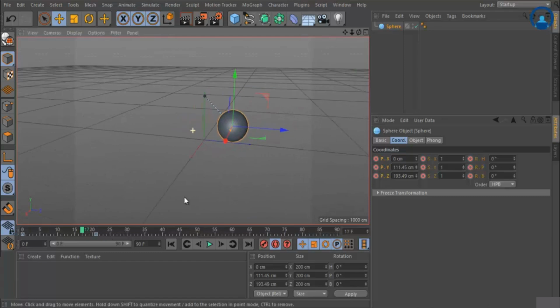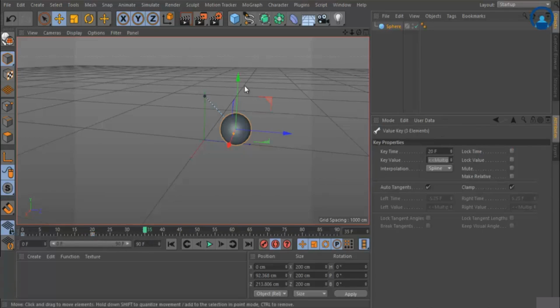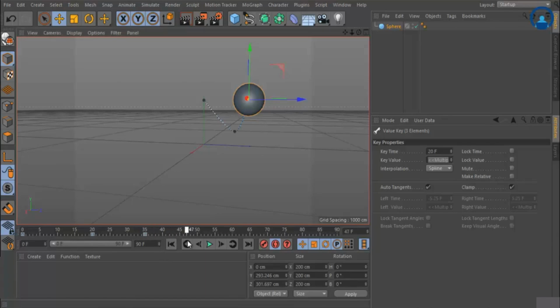Then after around frame number 35, I drag it up again, and around frame number 50, I drag it down.